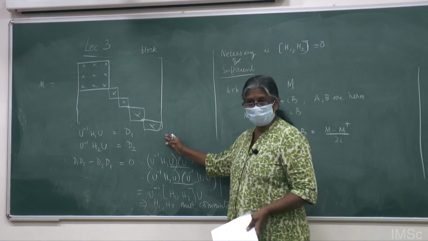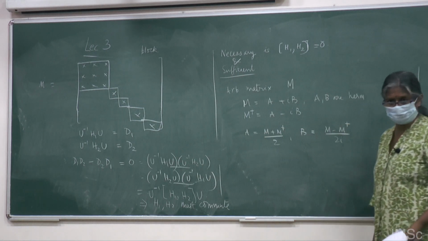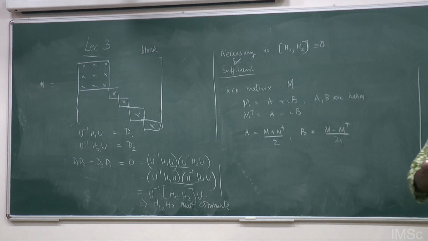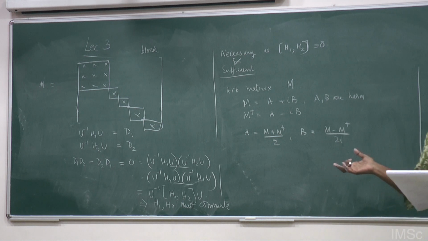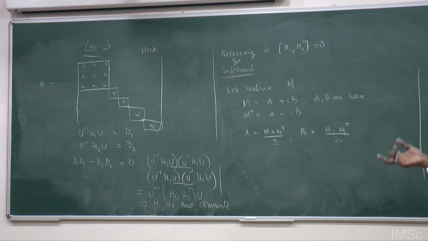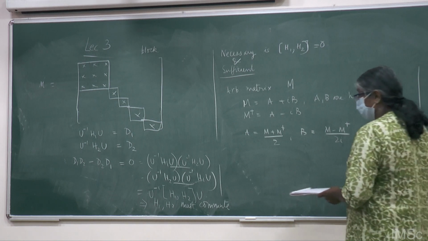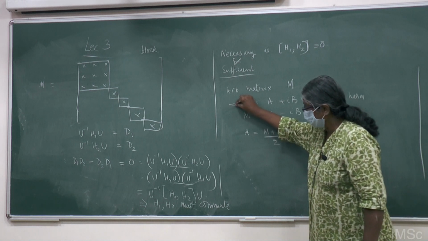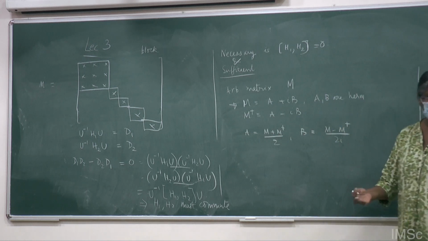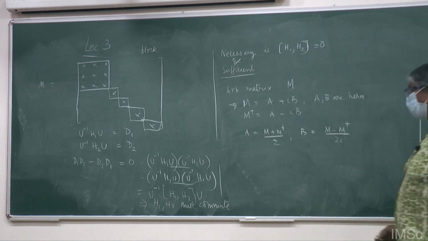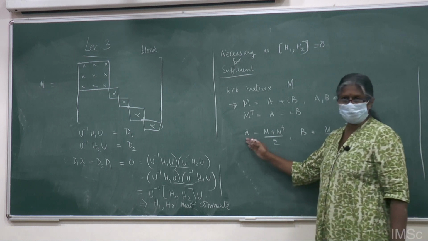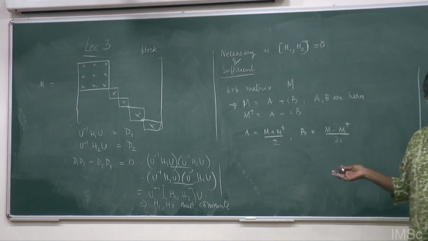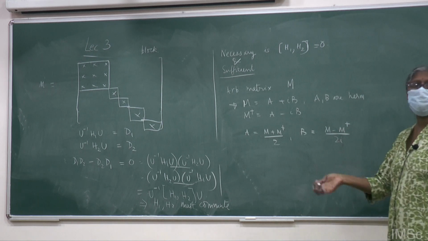So I know that I have now two Hermitian matrices. I have just shown you that a Hermitian matrix can be diagonalized by a unitary transformation. So I can diagonalize A and B through two different unitary matrices. But can you diagonalize them with the same unitary matrix? Why is it required? Because only if A and B are simultaneously diagonal will M be diagonal. Say I want to diagonalize some arbitrary matrix M. There is no point in making A diagonal with one matrix, because then the other matrix will not be diagonal. So the question is, will A and B be simultaneously diagonalized by a single unitary matrix?